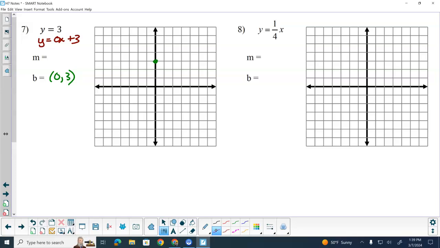Okay? The y-intercept is after the x. Slope is before the x. What's the number before the x? There's a number there. 0. Okay? So if a slope is 0,